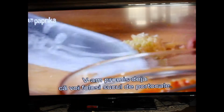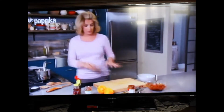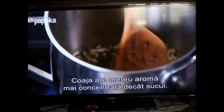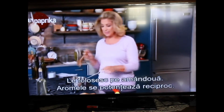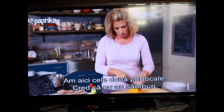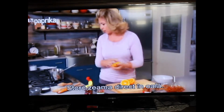And then I promised you I was going to use up this orange juice, so we'd have the rind in the marinade, but we don't have juice, so we pick up the flavor. The rind's always different, it's more concentrated than the juice of a particular piece of citrus. And I always like to use both of them and really have the flavors play off each other. So I have these two oranges, and there's no seeds in these oranges, I believe. Yeah, so I'm just going to squeeze